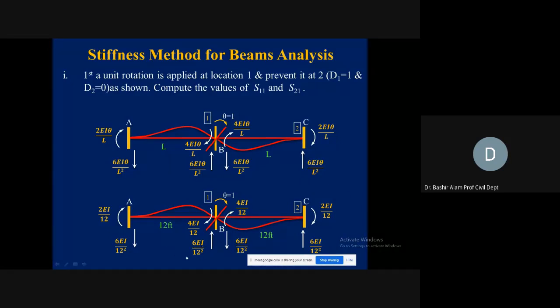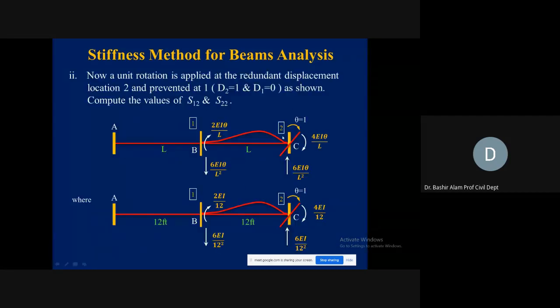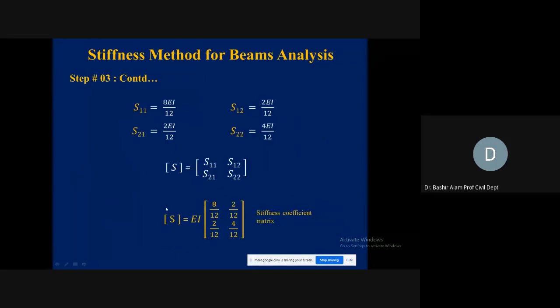ये आपके corresponding L वैल्यूज हम डाल देते हैं। ये 12 कहाँ से आ रहा है, ये इसके स्पेन से आ रहा है, so we get these values। फिर हम जाके ये देखें, S1 का क्या है, 4EI divided by L, 4EI contribution from the two members। S21 का क्या है, 2EI, तो 8EI ये हो गया। और इसी तरह फिर हम D2 के corresponding हम unit rotation देते हैं, we find out this। अब आपका S12 क्या होगा, it will be 2EI θ divided by L, S22 क्या होगा, it will be 4EI divided by L हो जाएगा, and we write these values। अब आप देख रहे हैं 2EI ये हो गया, and with this we complete ये आपका स्टिफनेस मैट्रिक्स यहाँ पे।